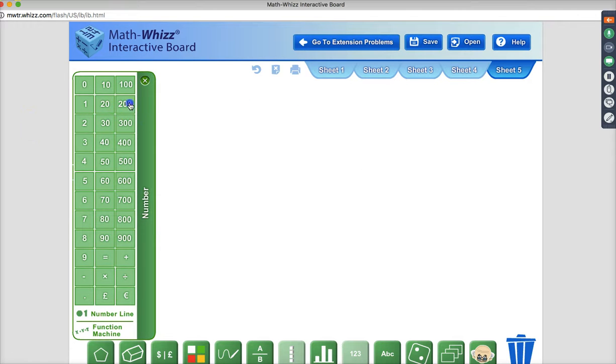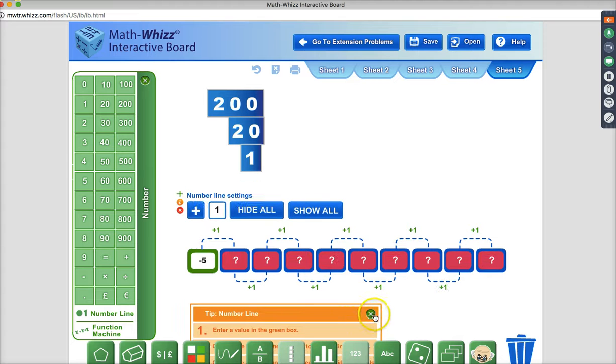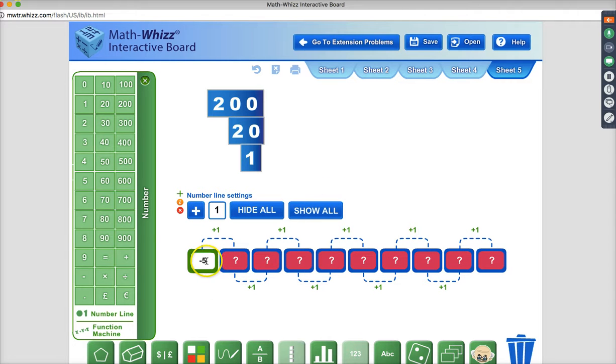The numbers we see being used for place value quite a bit, because they cover, and you can pull out the tens, say with the ones. The number line is a big hit. You can change the starting value, so let's say we want to start it at 0, and then you can change whatever factor you're putting in there, and then as we go, you can see them.